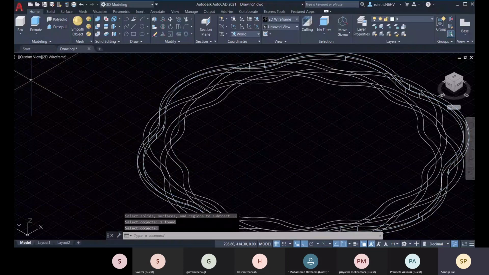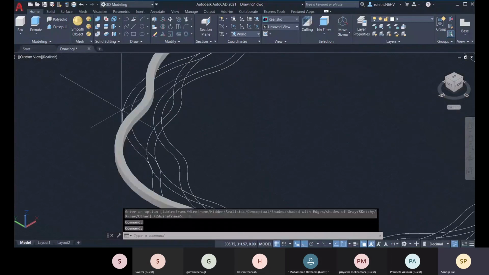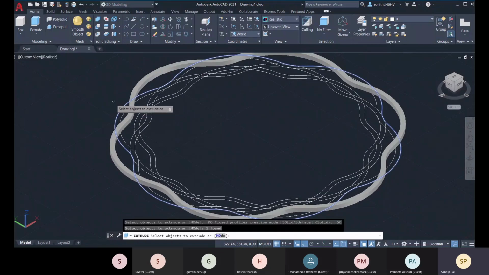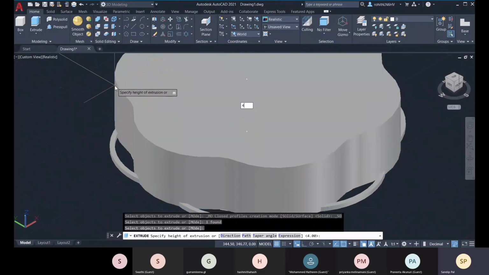Okay, so like that you have to do it for all this. So you go for extrude, you select this one, enter, you give 4 height.